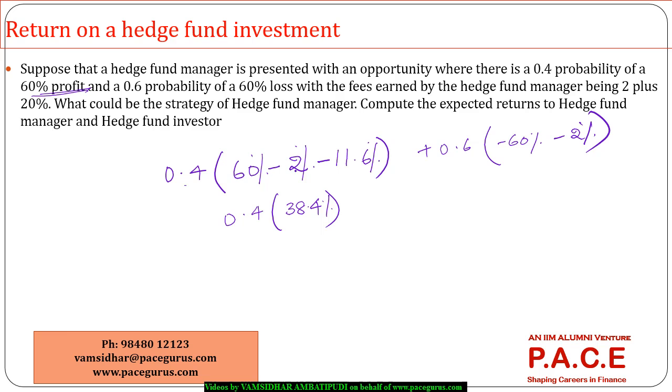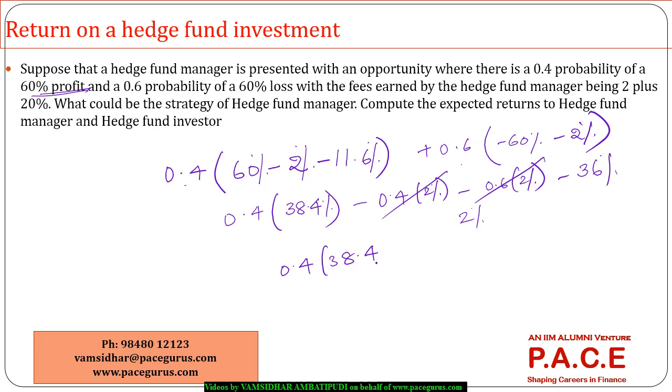Now minus 0.4 times 2% minus 0.6 times 2%, and 0.6 times minus 60% is minus 36%. So these two fees come out to minus 2%. So it's coming out as 0.4 times 38.4% minus 38%, which results in